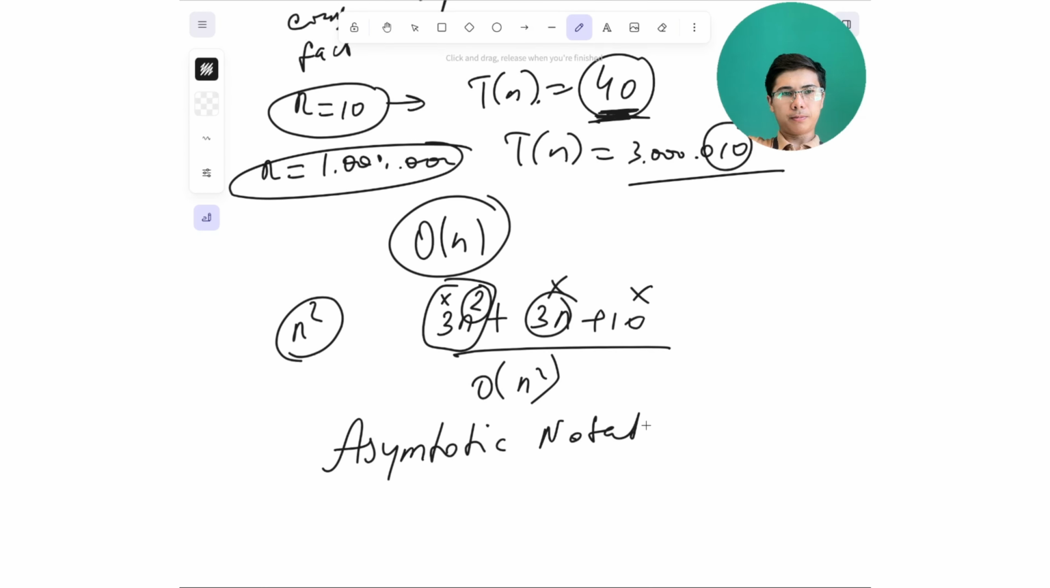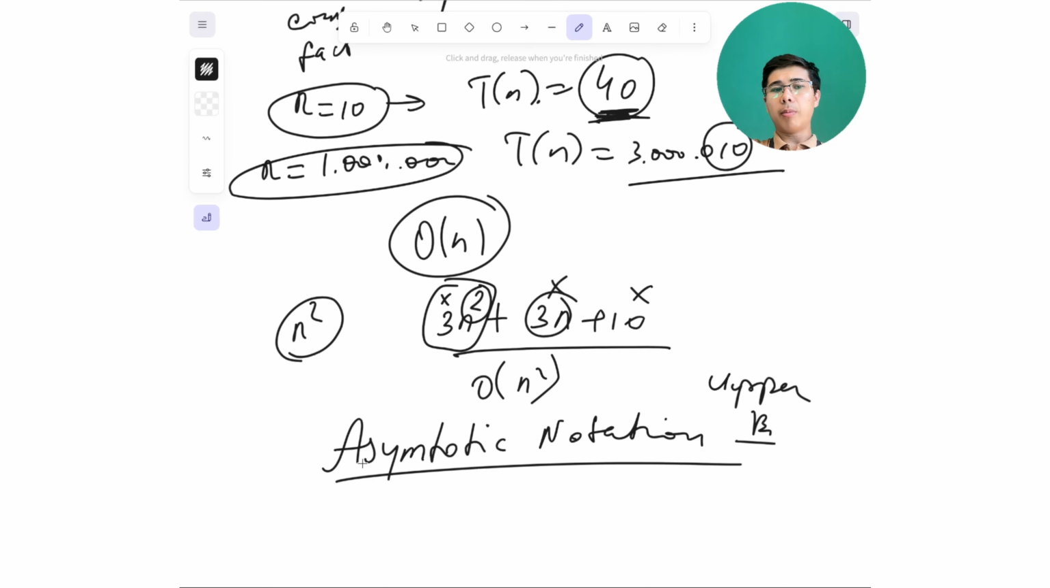This mathematical process, in programming, we call asymptotic notation or asymptotic upper bound. So big O basically represents the asymptotic upper bound, and upper bound means finding a ceiling. We need to find a constant C and a constant N0,